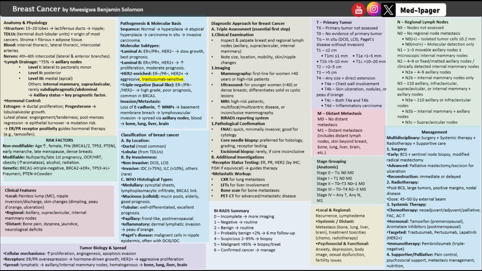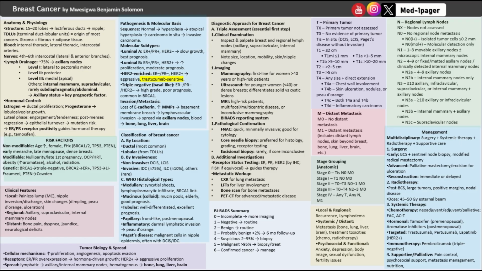So on breast cancer, this is a very important topic because it covers up to 20 to 30% of all cancers in women, and it is the leading cancerous cause of death among women worldwide. And when we look at some numbers,